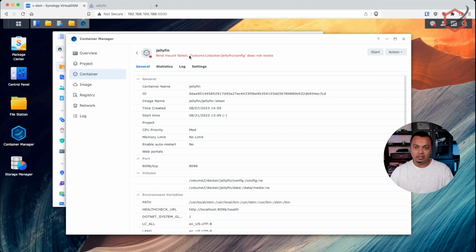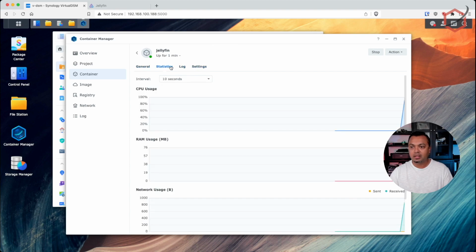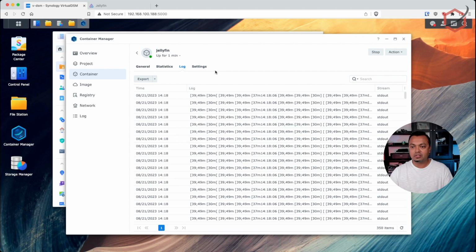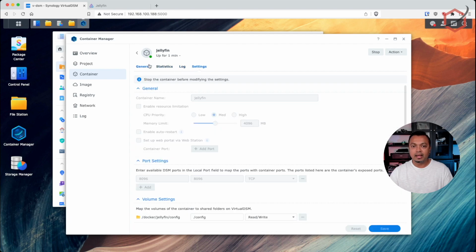Of course, it will try to start a container and say, well, that path doesn't exist anymore. But now I've corrected that error and I can click on start. And now it says Jellyfin is started successfully. Everything is working, everything is running. You can see the usage again, you can see log files as well. And this container is now moved